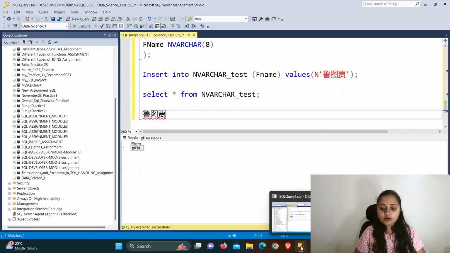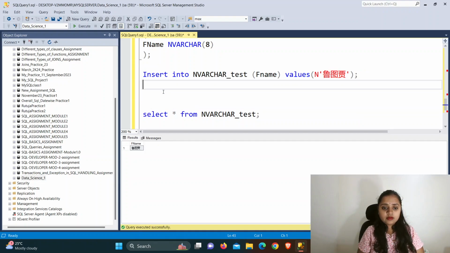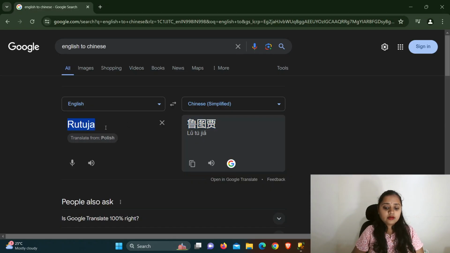Now again, if you want to insert anything else, just copy this command, Control C, and then try to insert another name. Just go to this one and type here Sakshi.